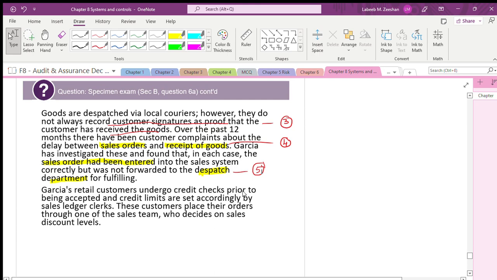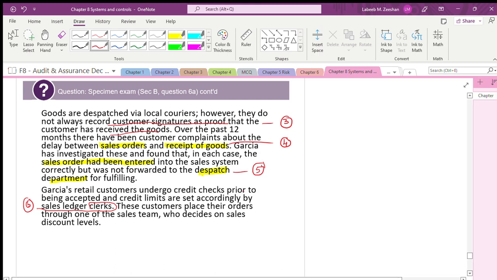Fine. Gracia retail customers, you can get some more points. I am taking just roughly the broader points. Gracia retail customers undergo credit checks prior to being accepted, and credit limits are set according to whom? He should not set any credit limit. He is a clerk. The credit limit should be set by a senior level person. A clerk should not